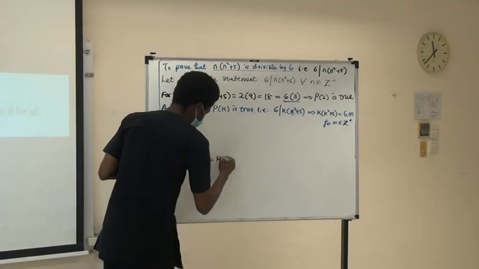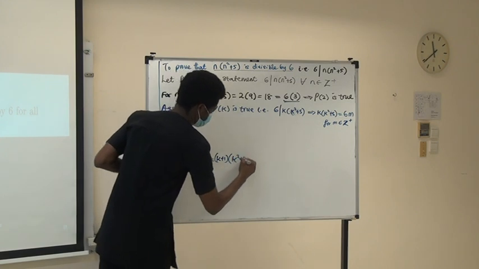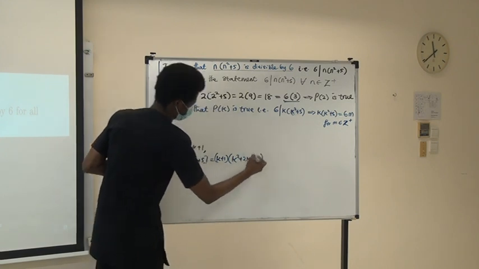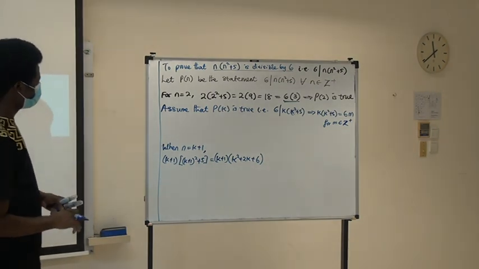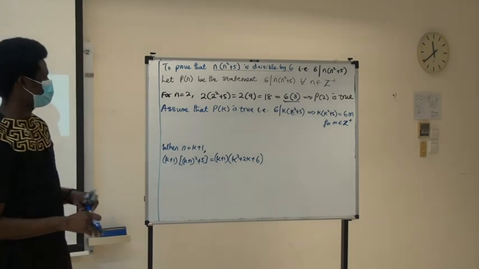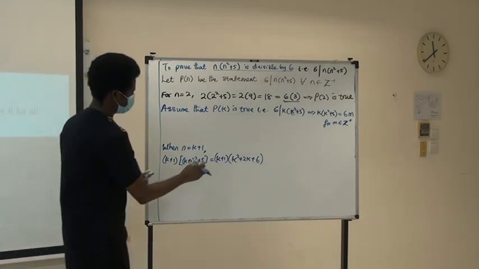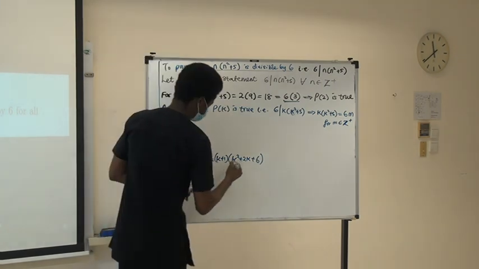So you have (k plus 1), this is k squared plus 2k plus 6, correct? Now we need 6. Clearly we need to expand, because unless 6 can come out from here. So let's expand. If you expand,